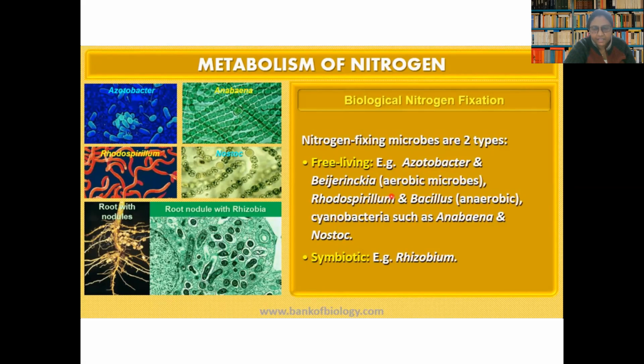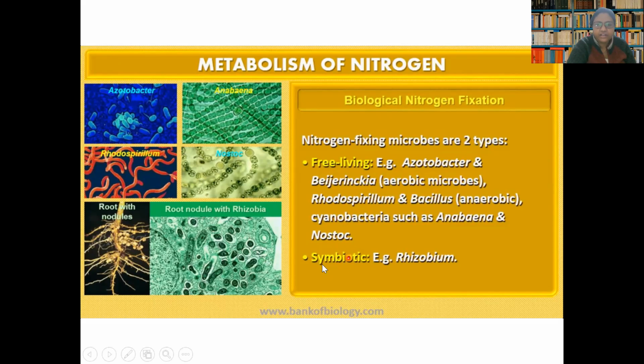Cyanobacteria is there. We studied in earlier chapters that they have heterocyst formation through which they go for nitrogen fixation. So what do we mean by this word free living? That means they are non-symbiotic. They are present in the soil and do their nitrogen fixation. They are doing it as per their own wish. They are not in agreement with any plant.